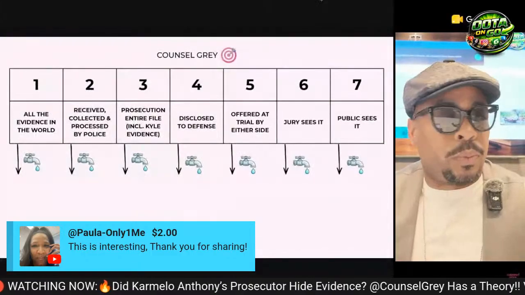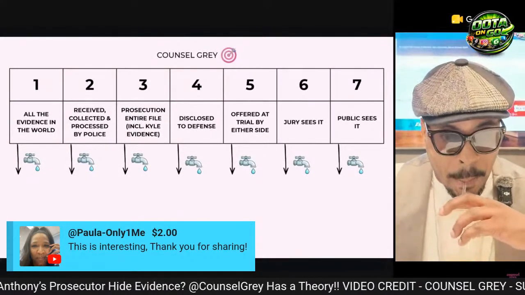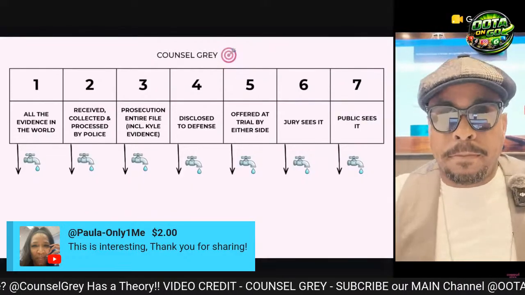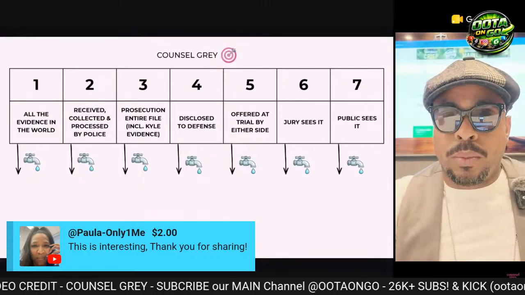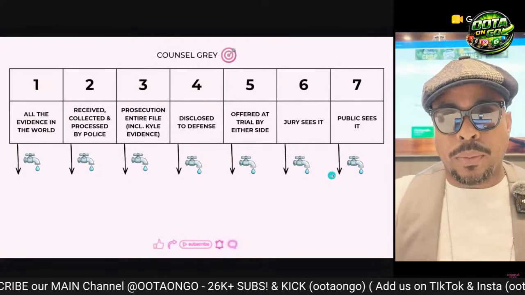Public sees it, and there are various reasons for that. Some of it could be to protect some of the parties. Some of it could be because it pertains to another ongoing matter, right? Okay, so let me go back and walk you through each of these phases and show you how these